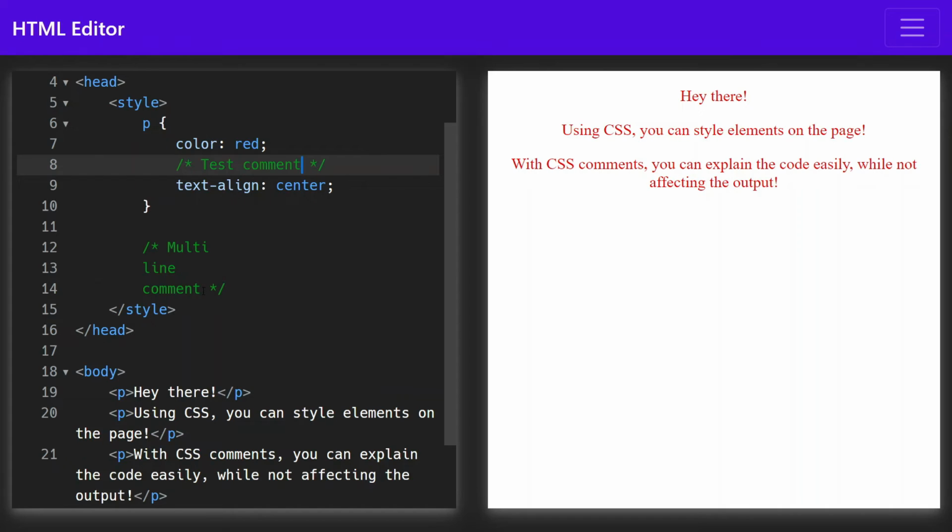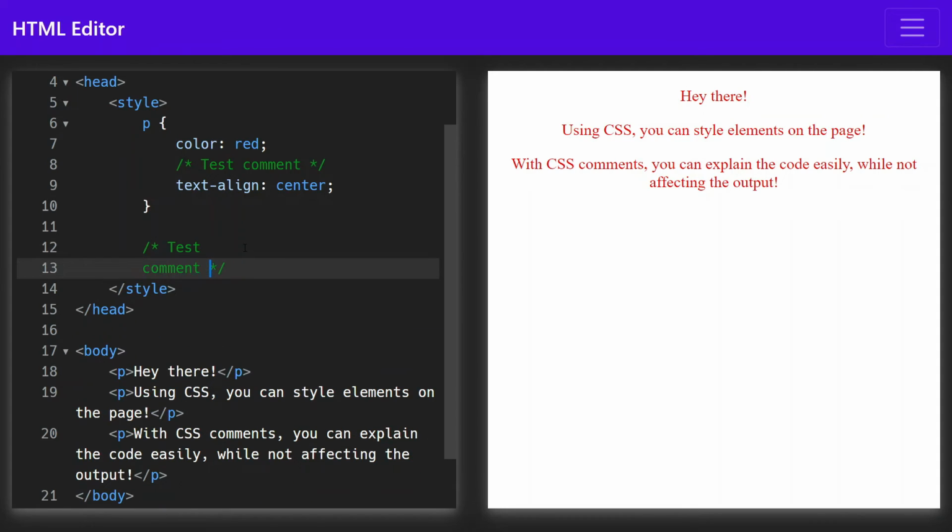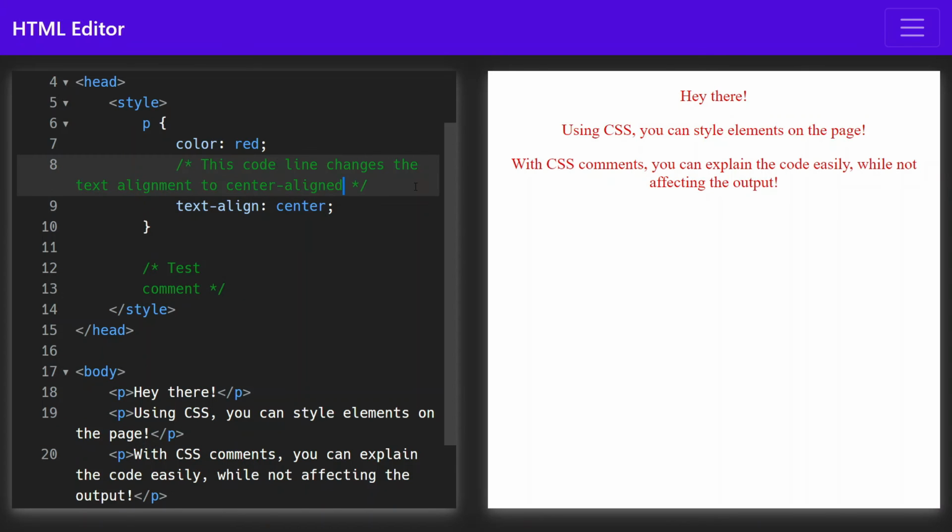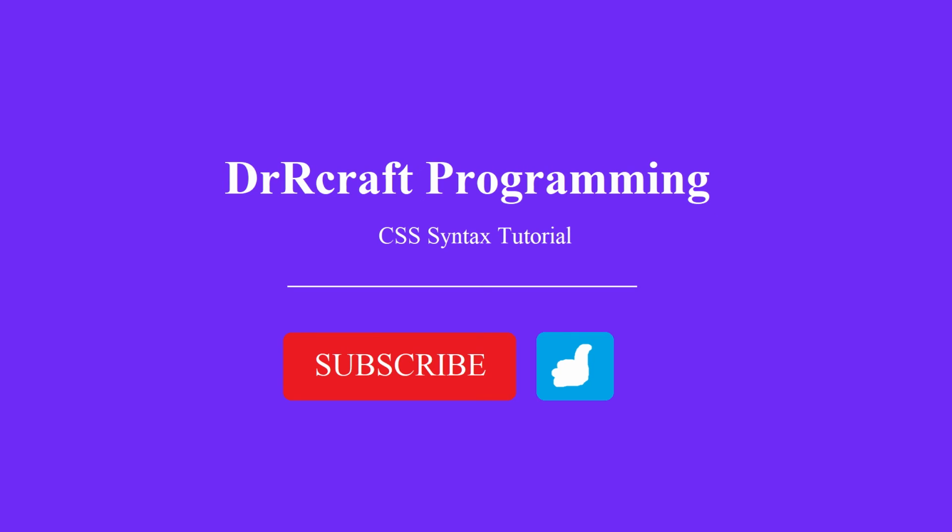Some other comments actually span multiple lines, like this. See, it again does not show in the output. Comments are normally meant to describe code lines, like this. Now, it won't show in the output, but when you edit the source code, you can instantly see what this line of code does. This concludes a short